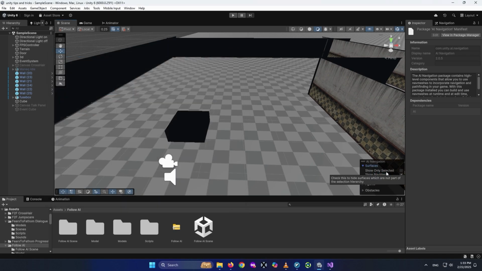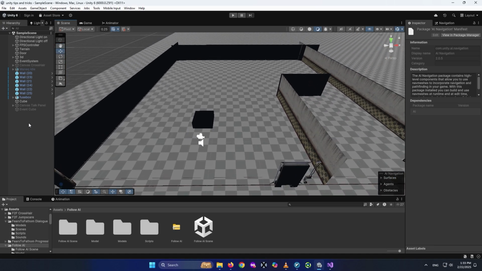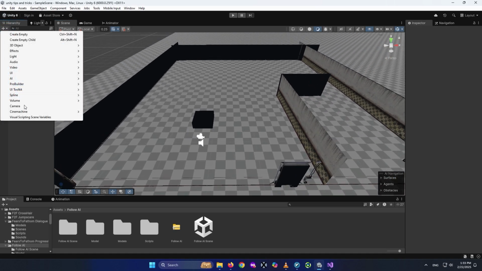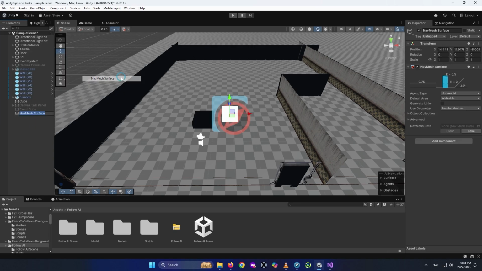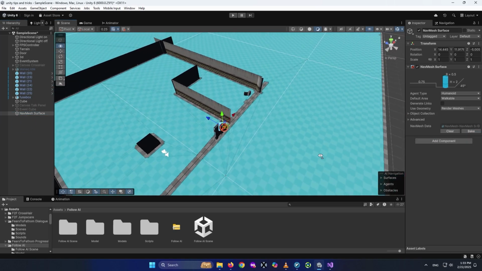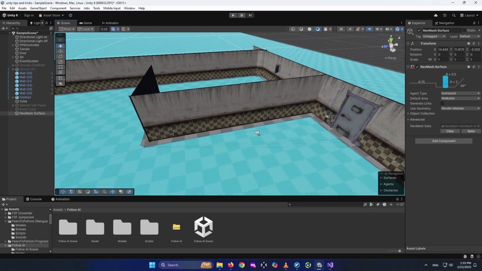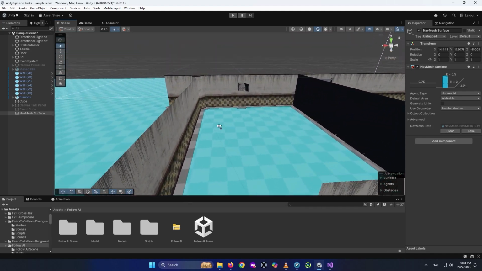This thing is going to appear here, and you can click on this show nav mesh to show where the areas that are baked. So by default, I don't have anything. We need to go here, click on this plus, go to AI nav mesh surface, and once it's been added, you can click on this bake, and it will automatically bake the areas for you. As you see, this is a wall, and